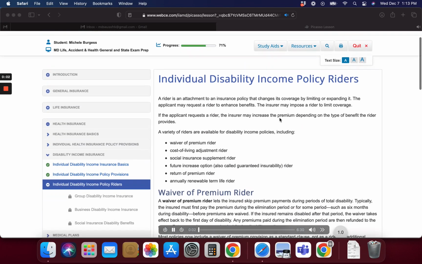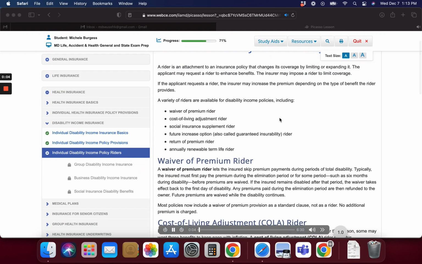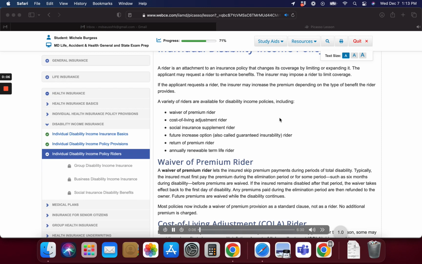Disability income policy riders. A rider is an attachment to an insurance policy that changes its coverage by limiting or expanding it. The applicant may request a rider to enhance benefits. The insurer may impose a rider to limit coverage. If the applicant requests a rider, the insurer may increase the premium depending on the type of benefit the rider provides. A variety of riders are available for disability income policies, including